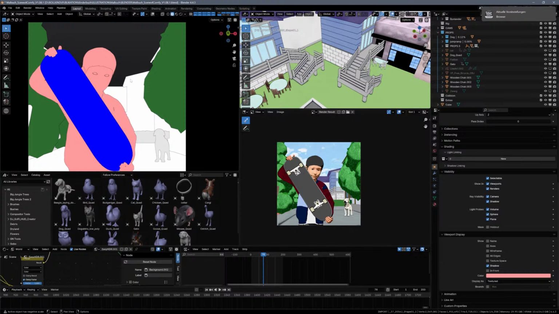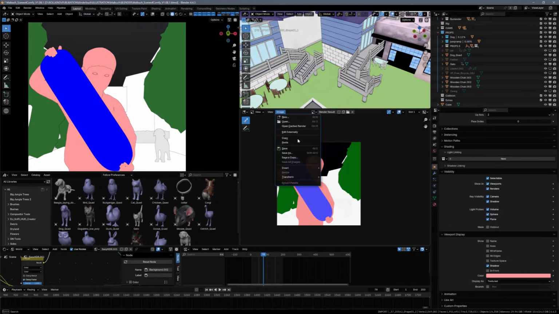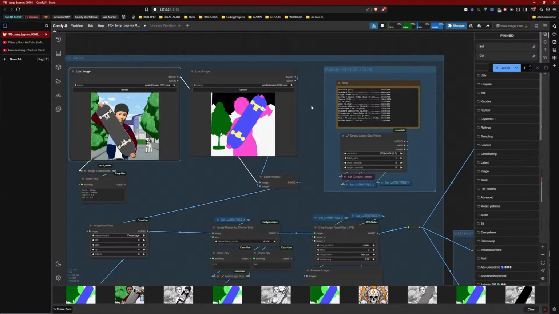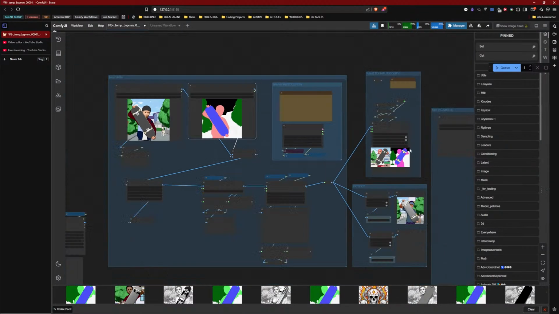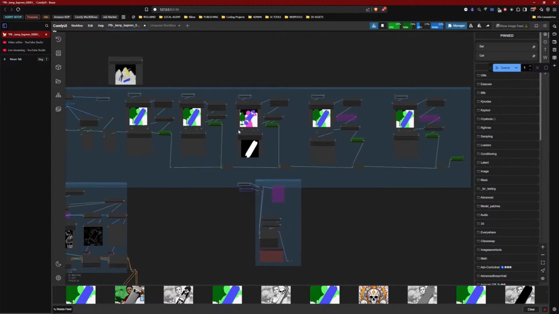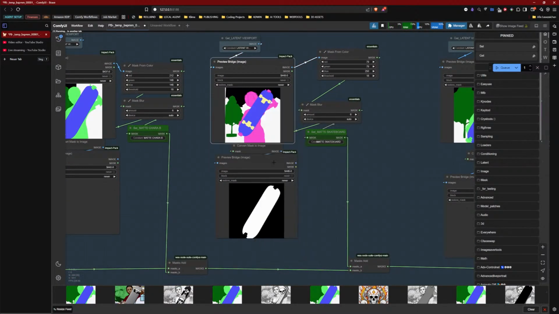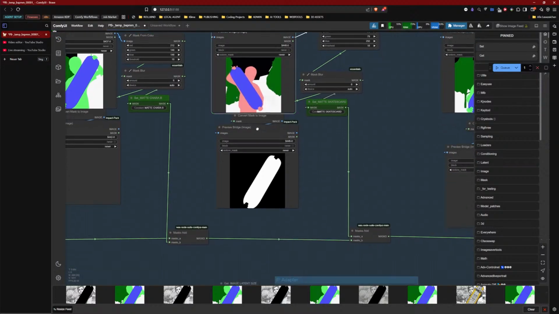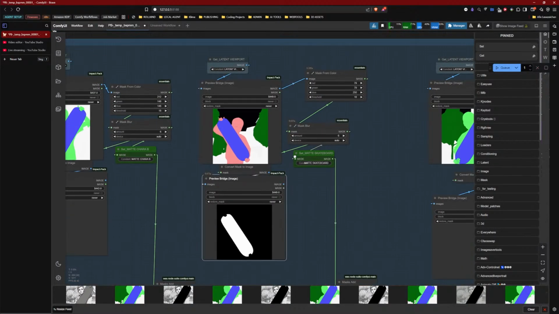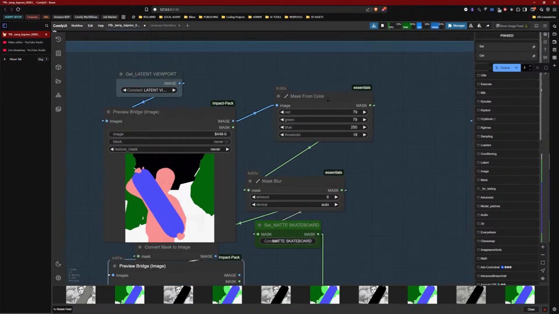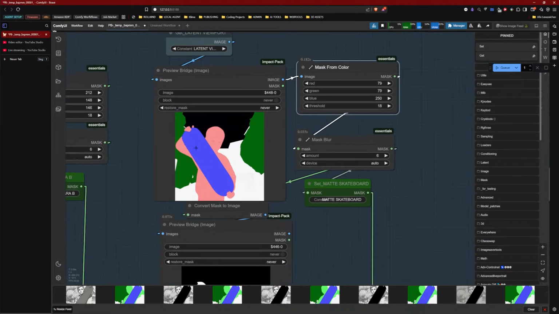So I'm going to make a viewport render image of that. We're gonna copy that. We are going to paste it here. And in my ComfyUI tree, I have a custom matte skateboard. So I'm just gonna put this here. Using a mask from color node, I specified the color